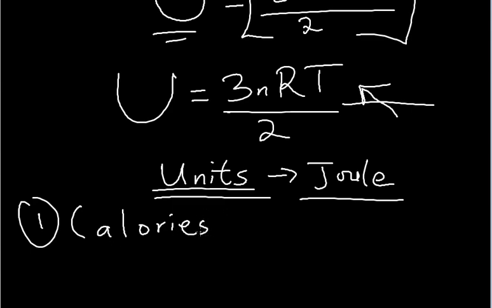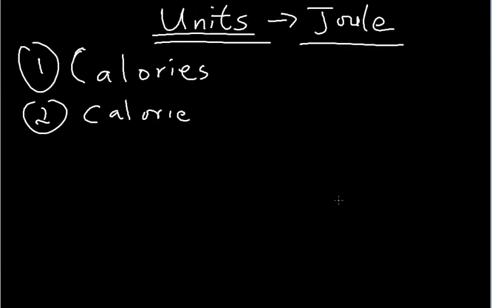Now there are 2 calories. We have the one with capital letter C, and we have the one with small letter c. What is the difference between the two? So I'm going to define them one after the other. I'll start with the one of small letter, calories. 1 calorie of heat energy is defined as the heat